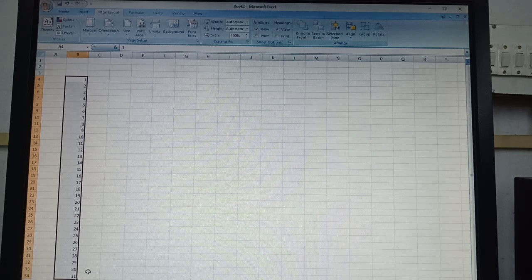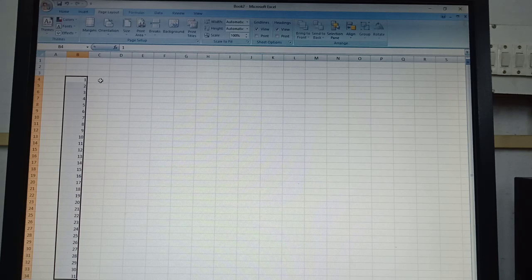This process is known as autofill, because automatically the value is getting filled in the vacant cells. That's why it is known as autofill. And the black pointer which appears is known as the autofill handle.